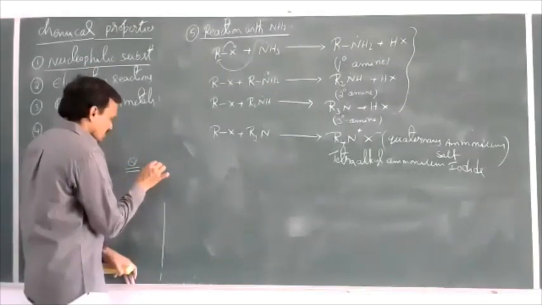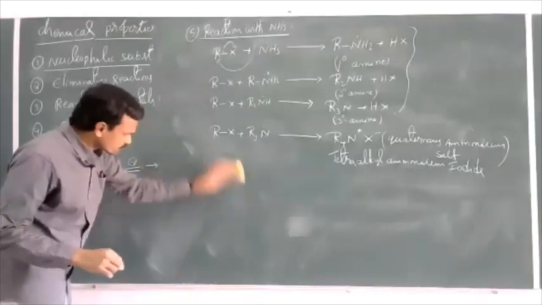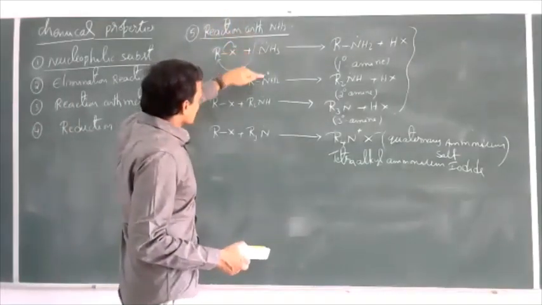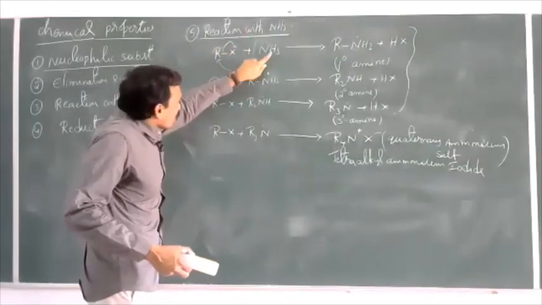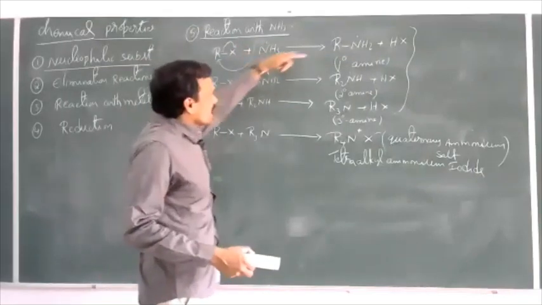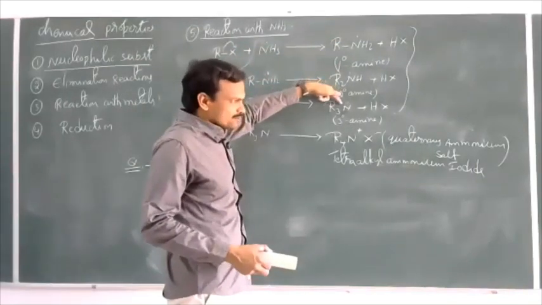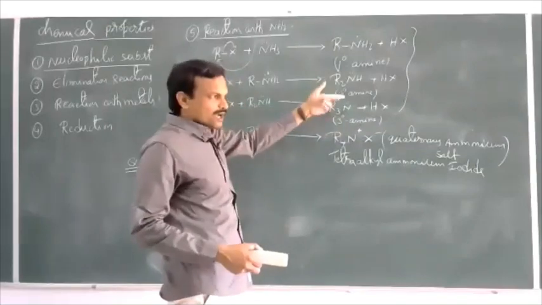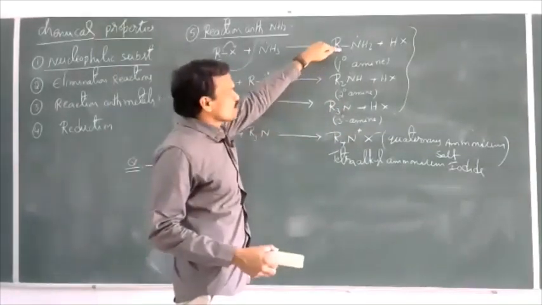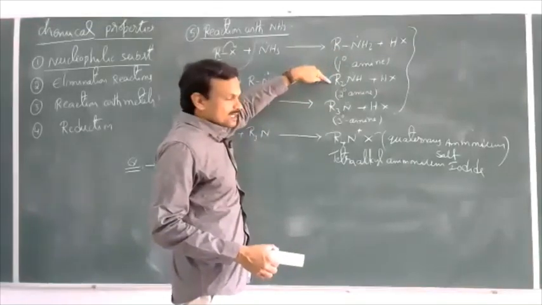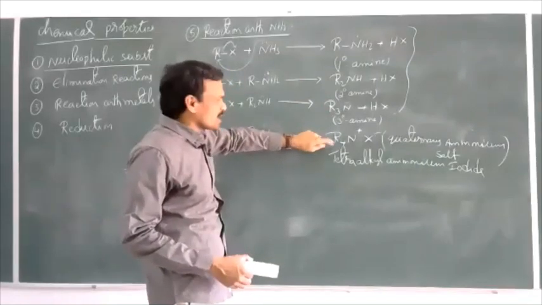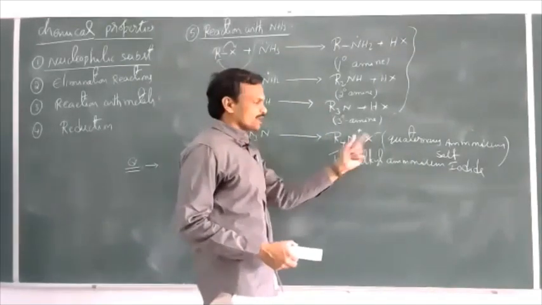Now let us see an example for this. So you observe clearly here, in the first three steps, in each step, one hydrogen is replaced by an alkyl group. Like that in three steps, three hydrogens are replaced by three alkyl groups. In the fourth step, there is no replaceable hydrogen, so addition reaction takes place here. So this is RNH2 primary amine, R2NH is secondary amine, R3N is tertiary amine. This is a quaternary ammonium salt, simply tetra-alkyl ammonium halide.